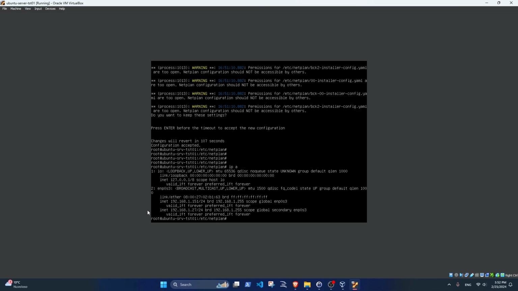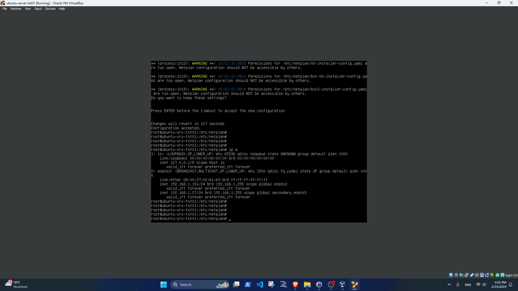Now, I did have another IP assigned to my interface. As you might have seen at the start, it was a 192.168.127.27, and this is something that sometimes happens with Netplan. It's a leftover, let's say, something that doesn't really conflict, but it's better to get rid of it to prevent any issues in the future. To do so,